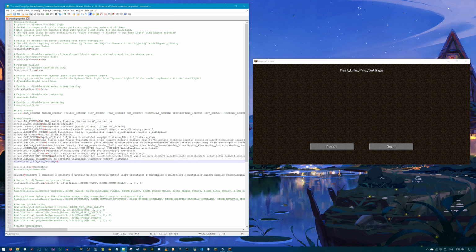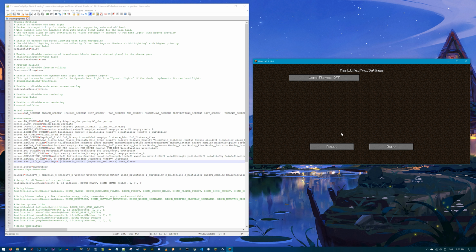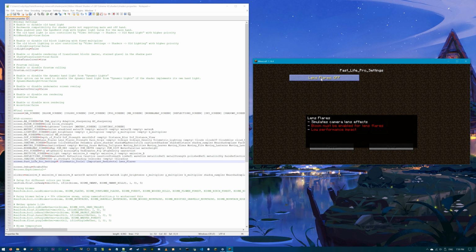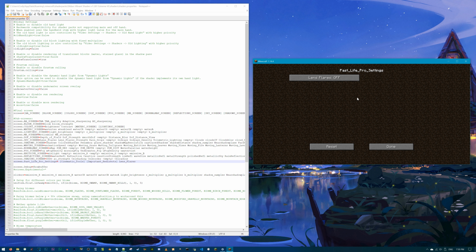Back in the code, I'm going to add a subtab called cinematic_tools, another called important_redirects, and I want an effect present beside these folders that can turn on and off the lens flare in the Sildurs shader, which would be lens_flares. The lens flare on and off button will be present in game, but the cinematic_tools and important_redirects will need their